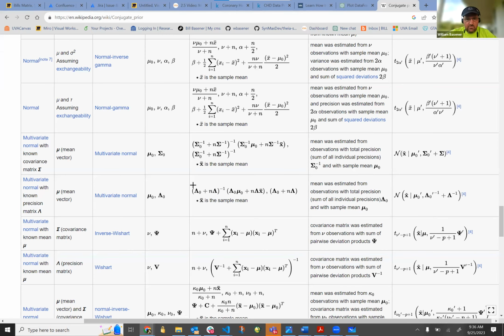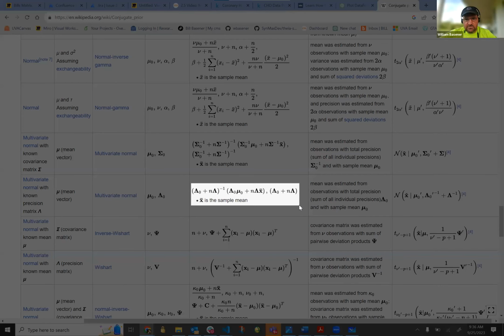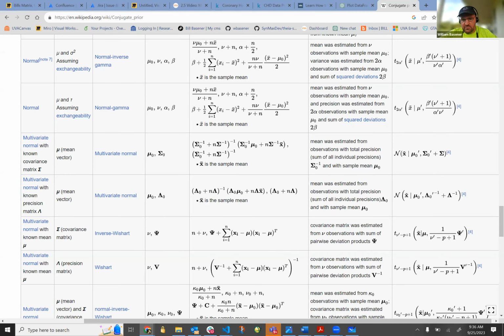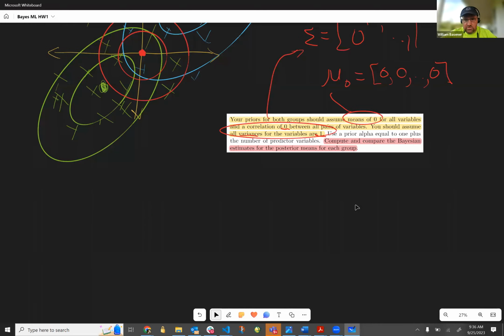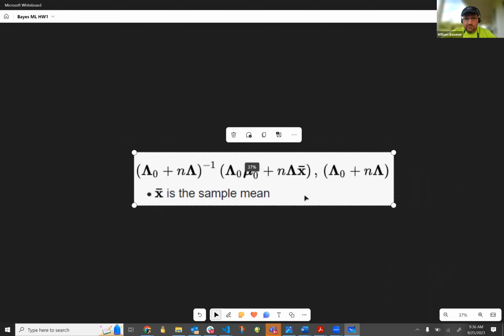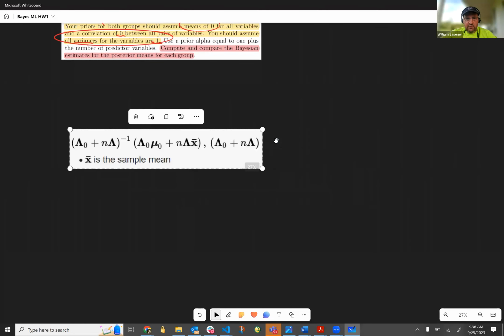So, all right, let's just grab that, take a screenshot of that. You could think more about the meaning of those things, but we've probably gone longer than we really need to. So this is from the Wikipedia article, and let's compare that to